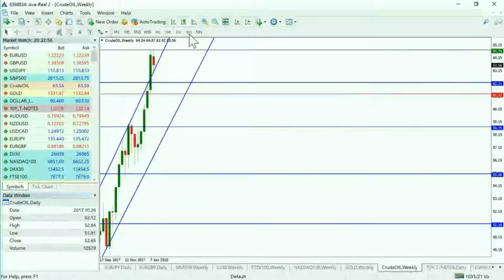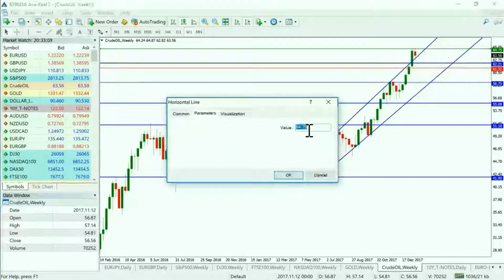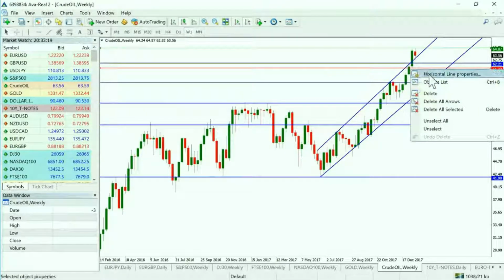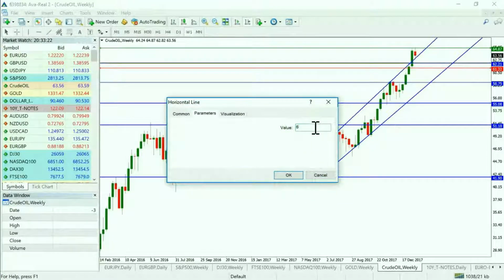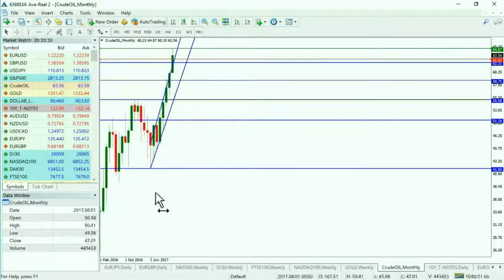So let's have a look at it on the weekly. What we can do is just change the high ever so slightly. 64.87 to the upside, and to the downside I'm going to take note of this low, which is the 62.82. So just to be clear, we are looking for opportunities to buy it. We just have to be very patient and literally wait for those opportunities to arrive.